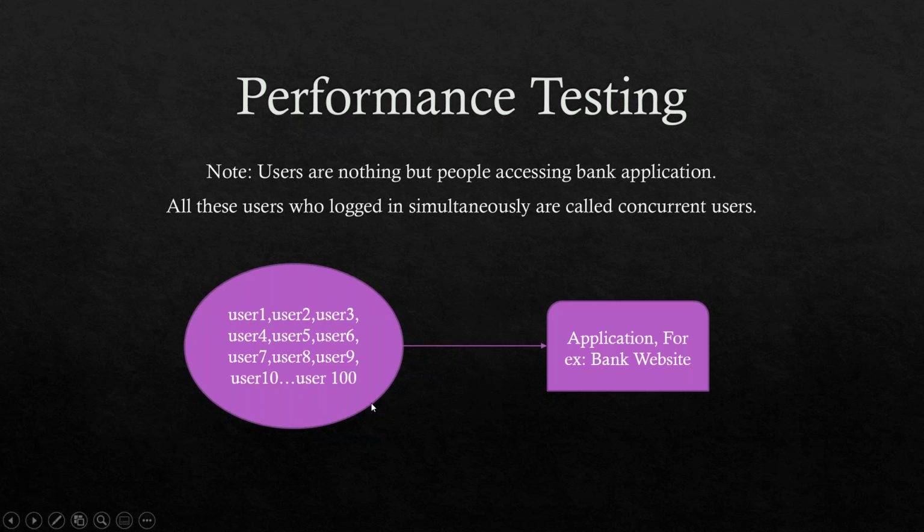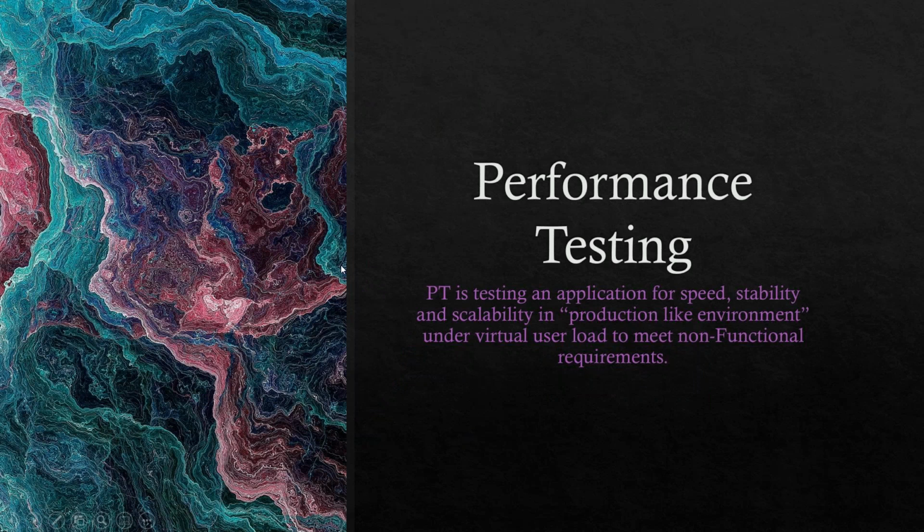Now if I test with one or two users, we cannot consider it performance testing. Even to consider it performance testing, the number should be somewhat high. If it is one or two, I can keep one or two people, allocate one or two machines, and ask them to test it. But as a performance tester, in real time we will test for 100 users, 500 users, 1,000 users, and sometimes 3,000, 5,000 users as well.